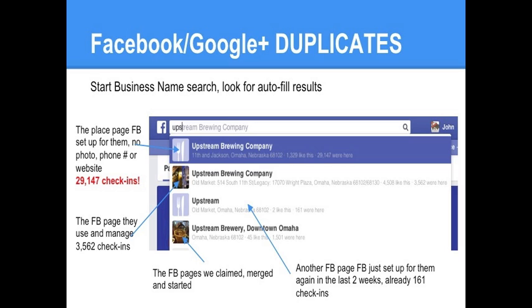Meanwhile, Google set up another page for them for their Old Market location, which had eight times as many check-ins, I think knocking on 30,000, that they had no idea existed. People were posting things to this page, and nobody knew to check, nobody knew to respond. So we helped them claim that and get most of it straightened out. There's still a few that pop up, but it's like whack-a-mole.